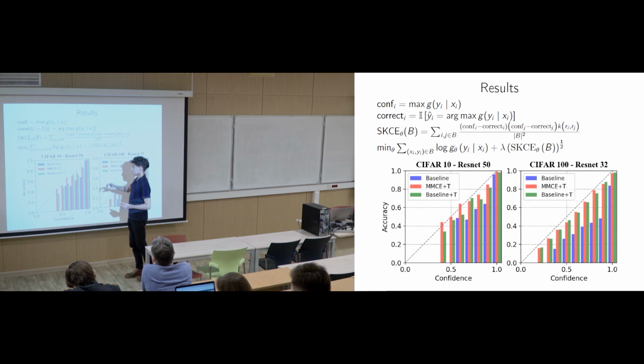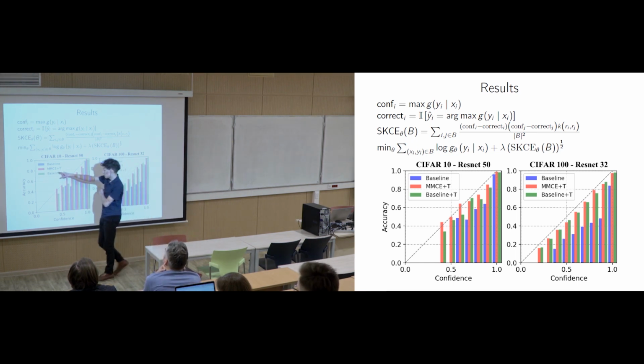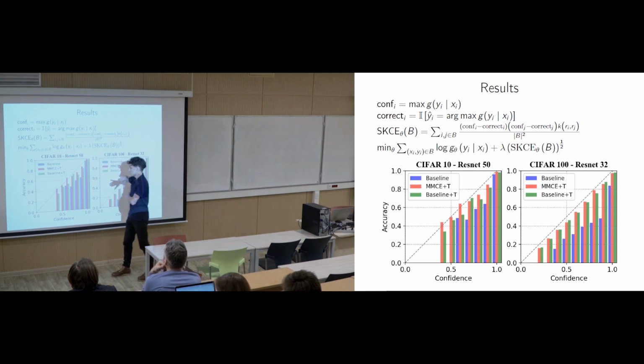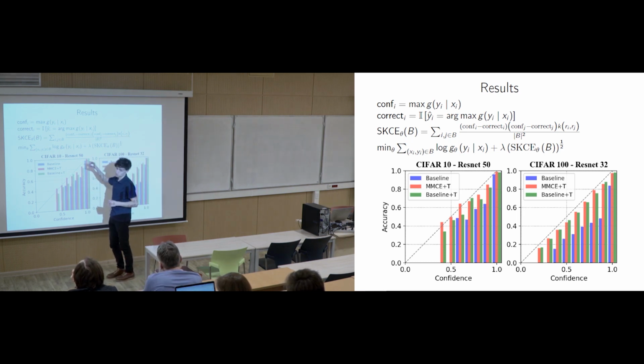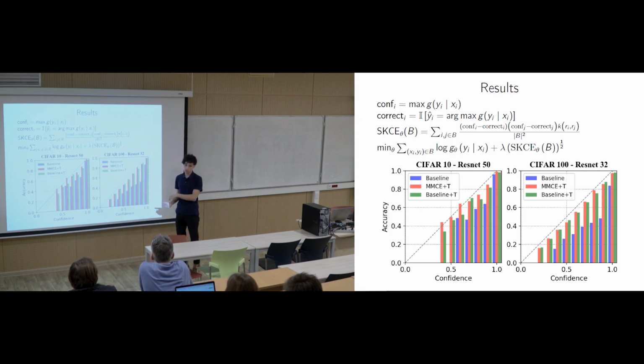So what they do is they just optimize the cross entropy plus lambda times the calibration error, and this acts as a regularizer of sorts. And what they get is, when they finish the training, they compare this MMCE plus T, maximum mean calibration error plus T. This is the result of optimizing this objective. Baseline is the result of optimizing cross entropy. And baseline plus T, so plus T here refers to temperature scaling, which is a way of taking your model, which is uncalibrated, and turning it into a calibrated model. And they show that